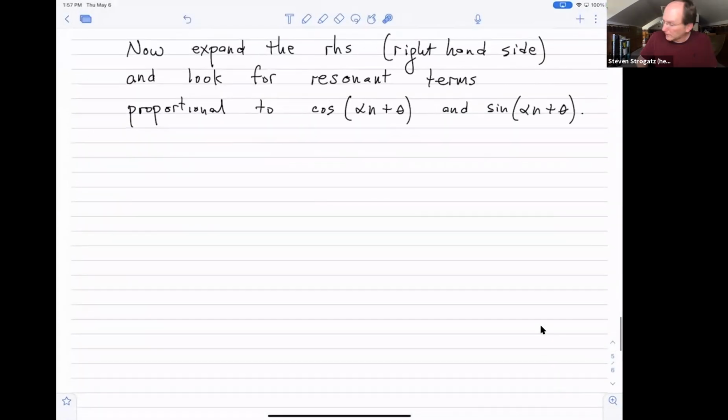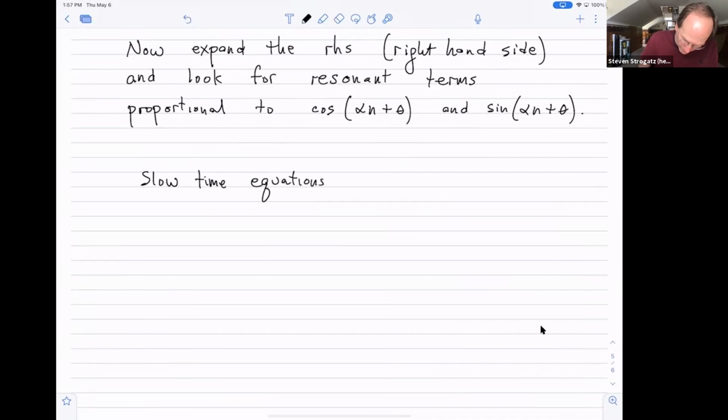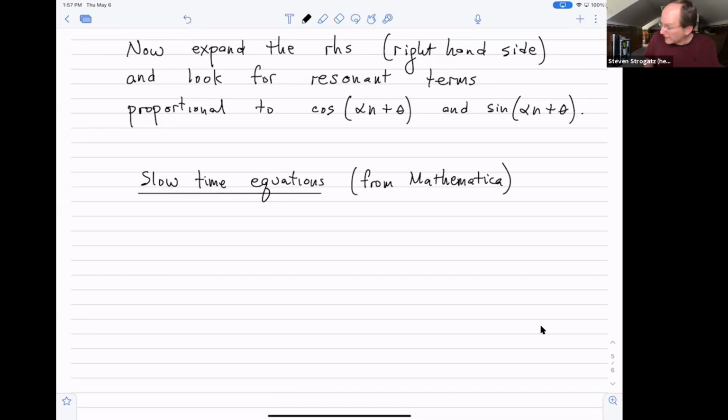So let me share my iPad again. Okay. All right. So with that little assist from Mathematica, the slow time equations from Mathematica were,